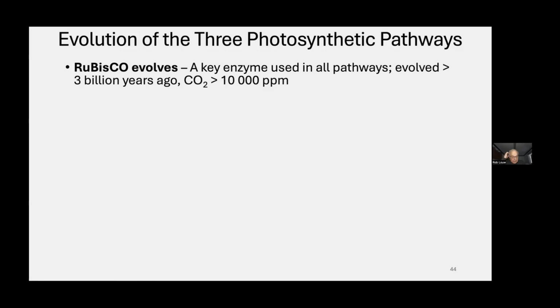So how did the evolution of these 3 cycles come about? The Calvin cycle itself, there are 3 versions of it, but we need to go back in time to see where key developments took place. And the first one happened almost 3 billion years ago when the enzyme rubisco evolved. But at that time, carbon dioxide was greater than 10,000 parts per million. But now it's used in all these